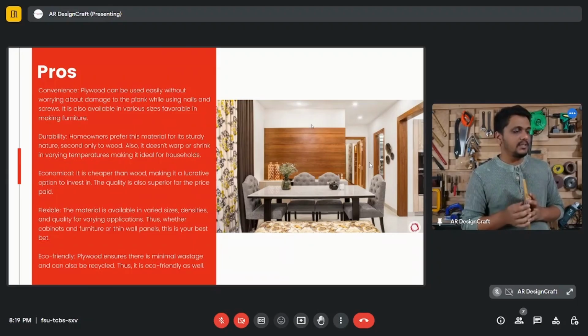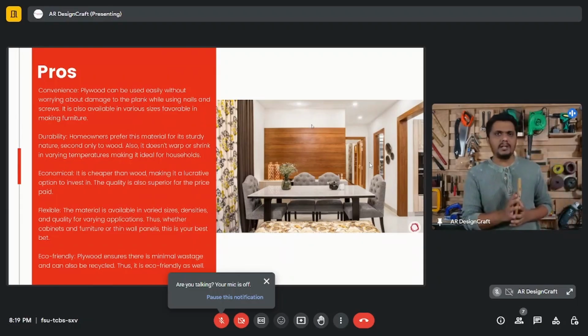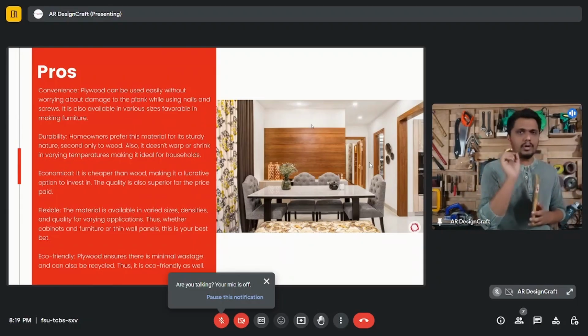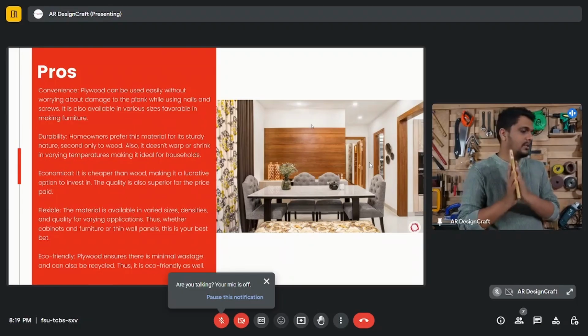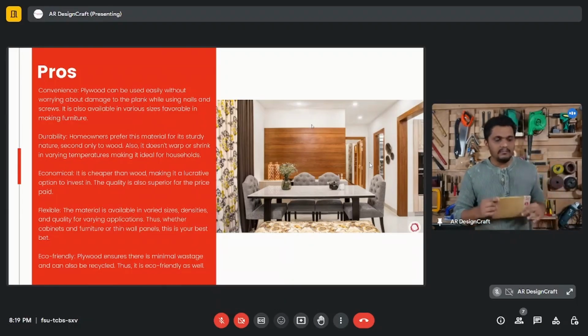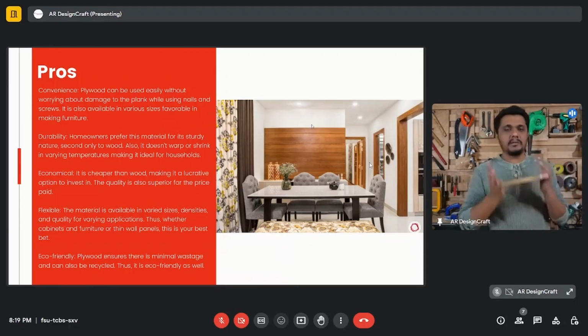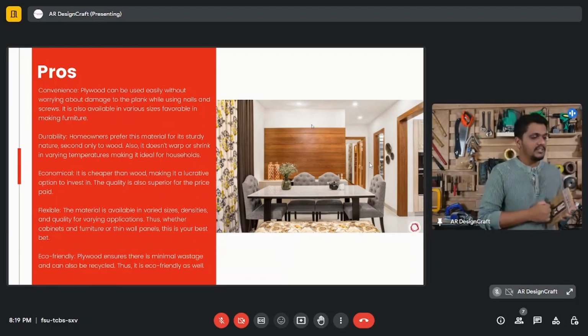सो प्लाई का क्या है, इकोनॉमी है, चीपर देन द एक्चुअल फुल वुड, मेकिंग इट अ लुक्रेटिव ऑप्शन टू इन्वेस्ट इन। द क्वालिटी इज ऑल्सो सुपीरियर फॉर द प्राइस पेड, ठीक है। जो भी आप पैसे देते हो, पैसे के हिसाब से आपको माल मिलेगा, ठीक है। यू डोंट हैव टू वरी, अकॉर्डिंग टू योर मनी यू विल गेट द प्रोडक्ट। फ्लेक्सिबल, फ्लेक्सिबल क्या है, द मटेरियल इज अवेलेबल इन वेरियस साइजेस, 8x4, 7x4, 6x4, इवन कस्टमाइजेशन इज अवेलेबल, तो बहुत फ्लेक्सिबिलिटी है, दैट इज व्हाई इट होल्ड्स लॉट ऑफ पोटेंशियल, ठीक है।